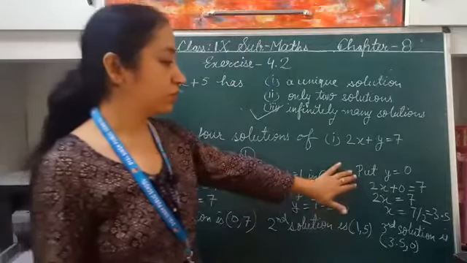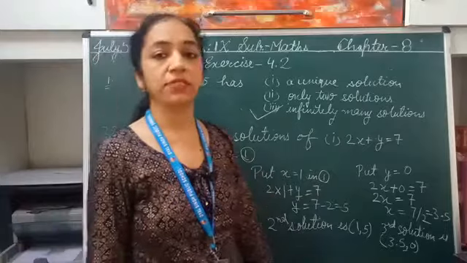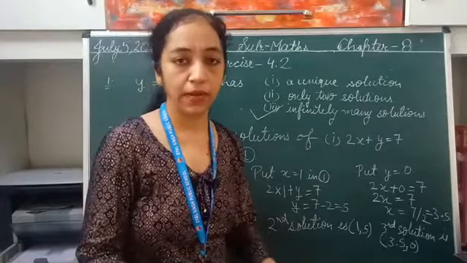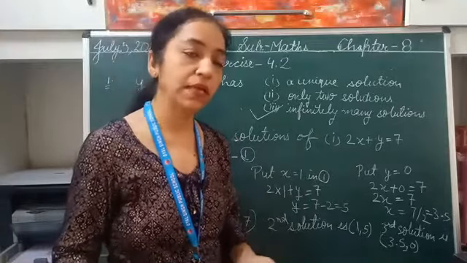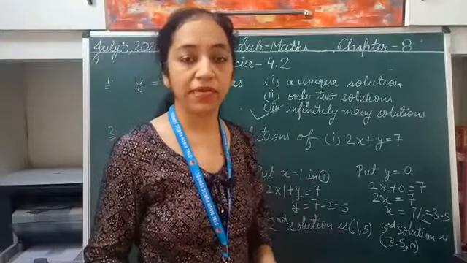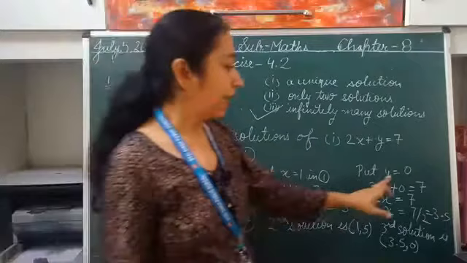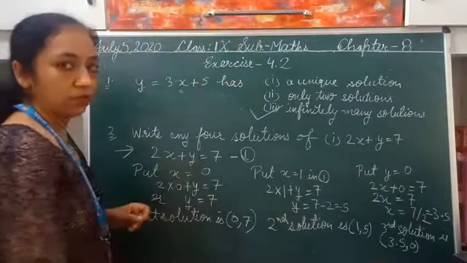For the third solution, now I have taken the value of y. Again, I am saying it's your choice. Whatsoever the value you want to take, you can. आपको लगता है अगर आपको x की वैल्यूज ही लेनी चाहिए, आप वो भी ले सकते हैं. अगर आपको लगता है सारी वैल्यूज आपने y की लेनी है, then you can go with the values of y only, right? I have taken y is equal to 0 in the same equation. 2x plus y is equal to 7.